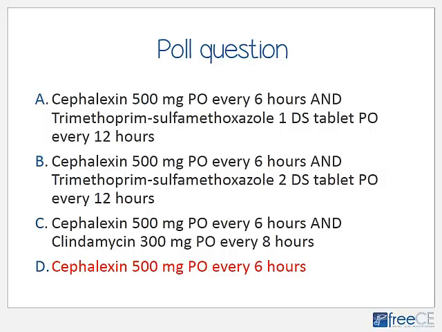And so I think the best answer to this question is actually D, the monotherapy, the Cephalexin 500 milligrams orally every 6 hours. None of these are wrong, but medicine is frequently a bit gray. The reason that I think this is the best answer is because my question was, would best treat his cellulitis and minimize his likelihood of experiencing adverse events. So we took a look at some different studies today, and we saw the study where they compared healthy patients who received Cephalexin monotherapy to those who received Cephalexin plus trimethoprim sulfamethoxazole, and the cure rates